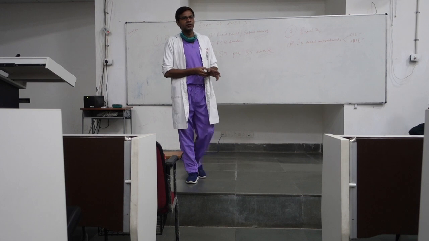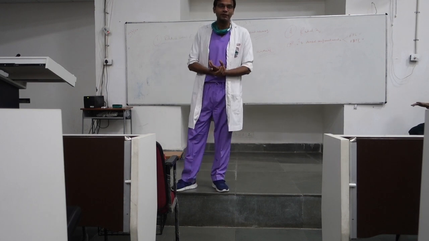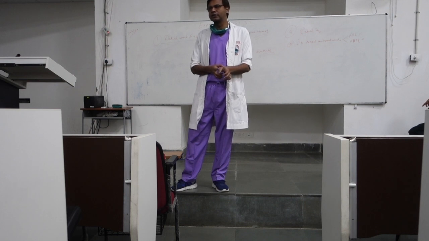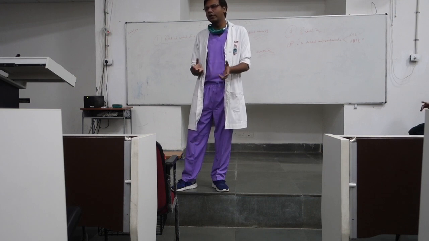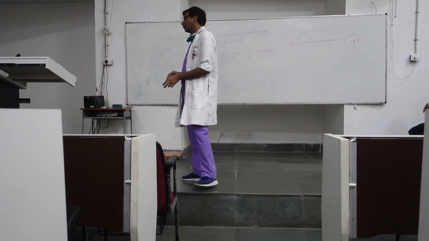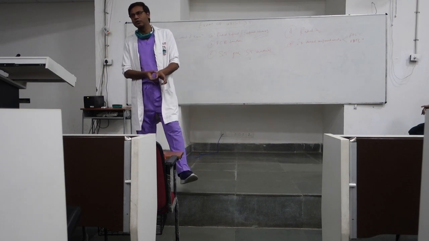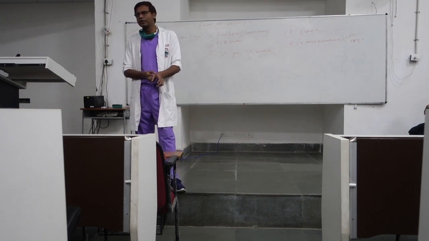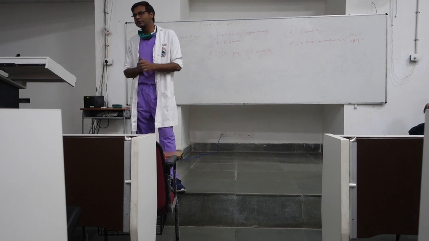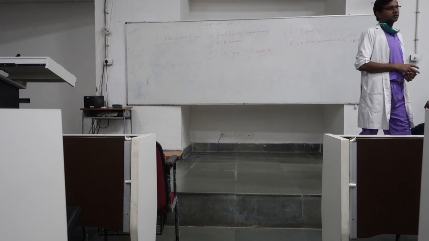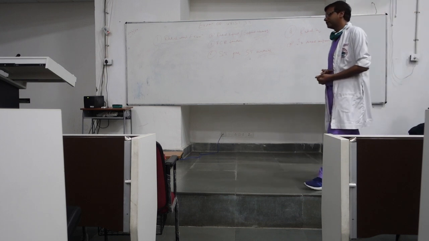Now which one is which? Which one is APL, which one is EPB? Very simple test. So you fix your phalanx. So you fix your MCP joint and you try to extend it. The tendon which you will feel is the APL tendon. Why? If you fix your metacarpal and extend the MCP joint, the tendon you will feel is the EPB tendon.